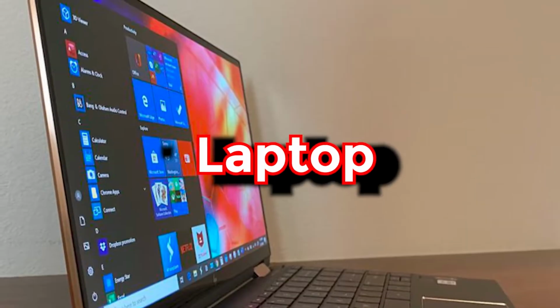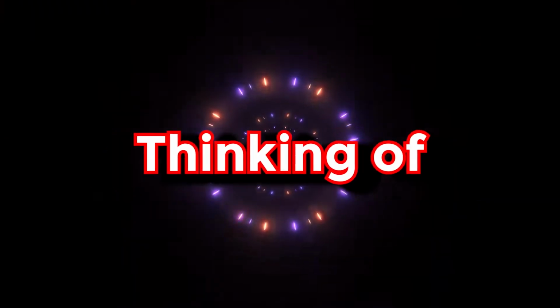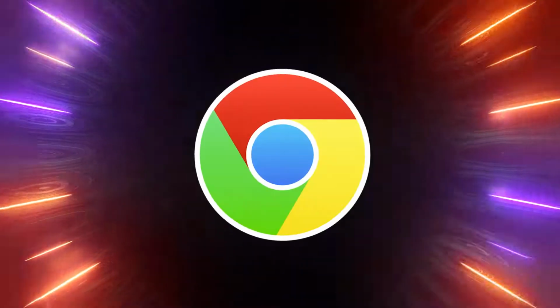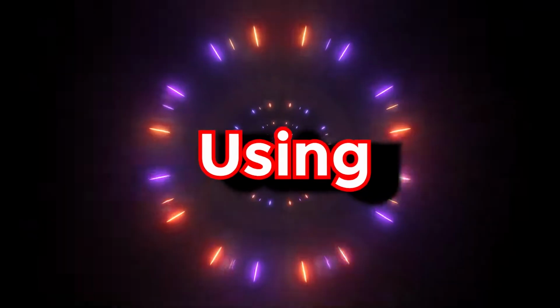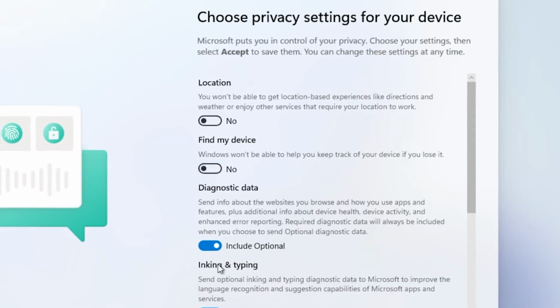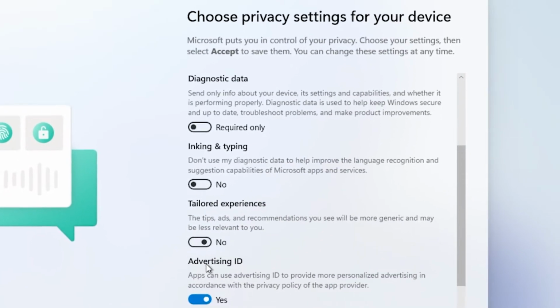So I just bought a new Windows laptop or a pre-built OEM PC, and you're thinking of setting it up and downloading your favorite programs and games? Well, you have a couple of modifications to do before you can even start using your laptop. The first step is to turn off all the features in the privacy consent screen that appear in Windows Setup's